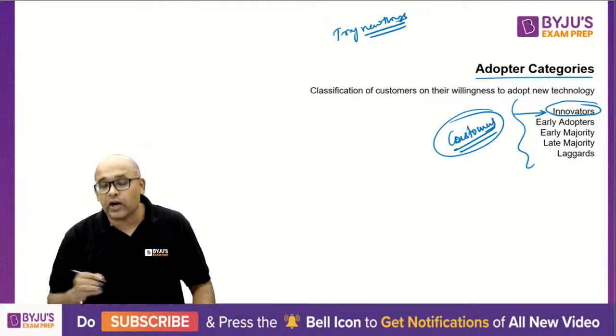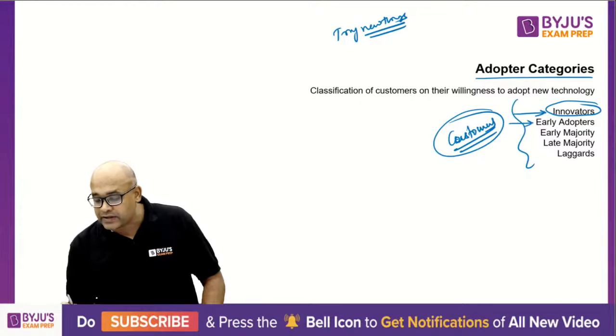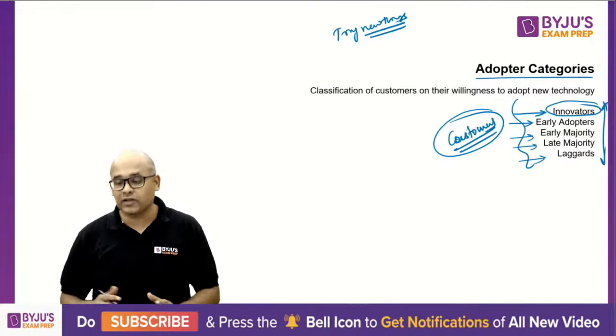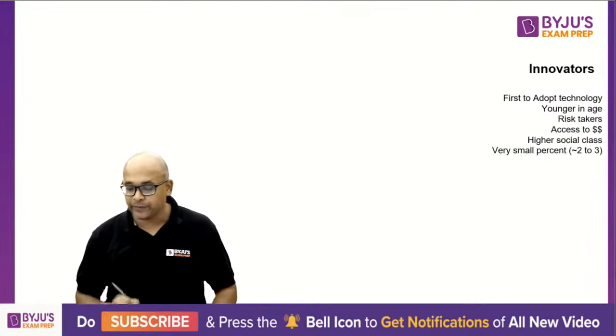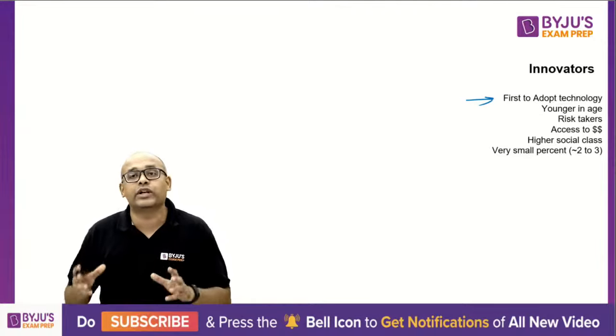Okay, so these are called innovators. Similarly, the next people are early adopters, early majority, late majority, and laggards. Don't worry, I have an explanation for each one of them coming up in the slides. So let's start by understanding these innovators in detail. Who are these innovators? As I said, these are the first to adopt a new technology.